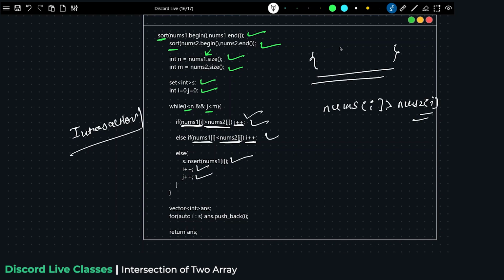And now what you need to do is transfer the elements into the array. So you can make an answer array, or you can make a result array, whatever name you want to take. And for that, you can just use the new C++ version of the for loop. Auto is nothing but it will automatically find out which type this i value is. I am extracting the element from the set to i, and I am pushing that element into the answer array. Push_back is the function used for the answer array,